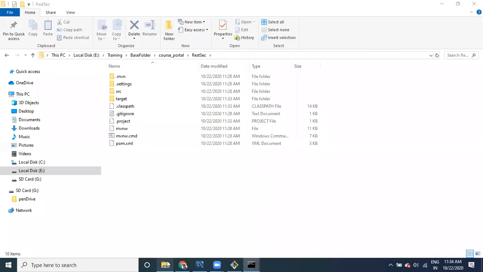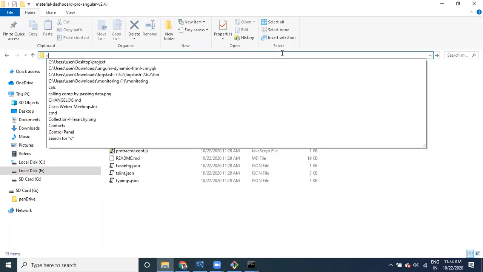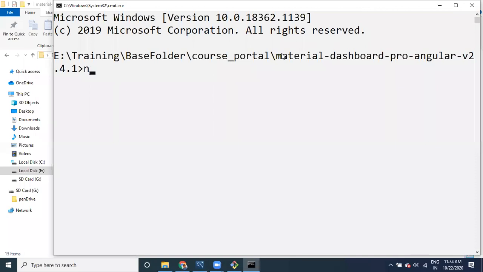The next thing is we need to take another command prompt. This is a very important one. Here we need to execute ng serve. What happens here?